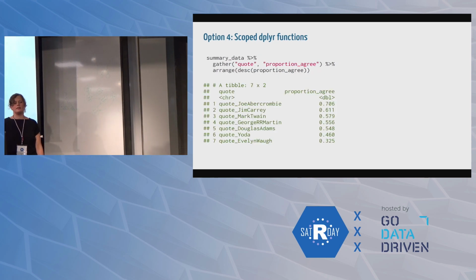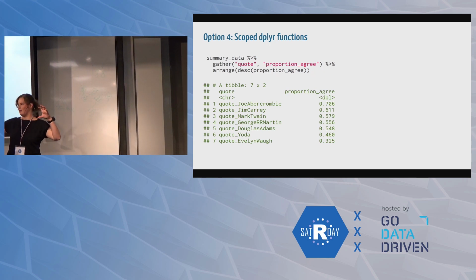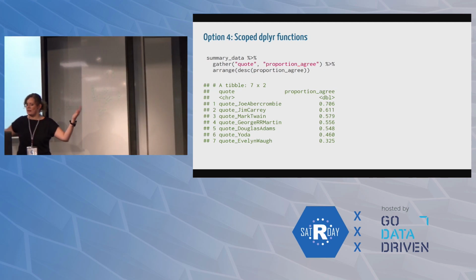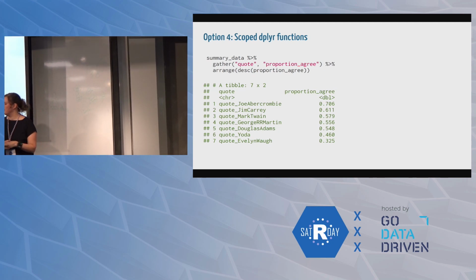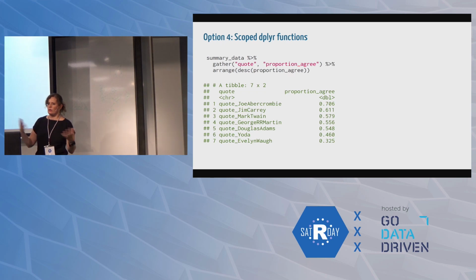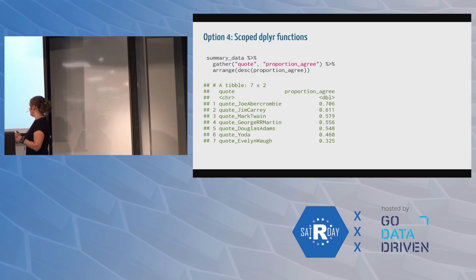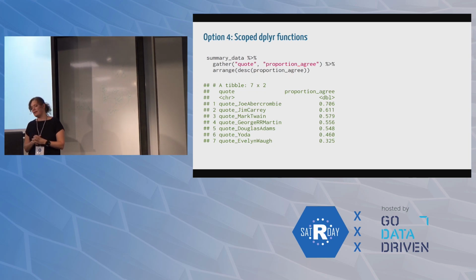And then you get a weird variable thing, so I do like to gather, just not up front. I get it in a nice table, and then it becomes so easy. I get all my columns, it's analyzed, and if anyone is curious, the quote that most people agreed with is